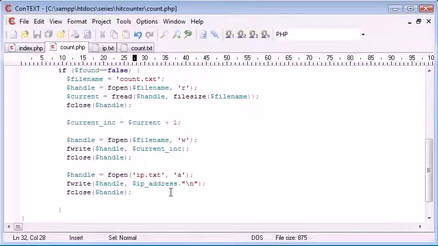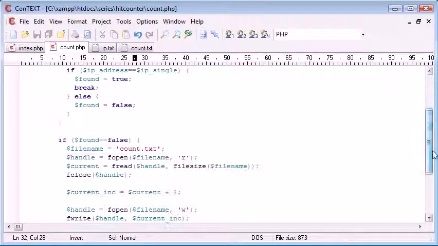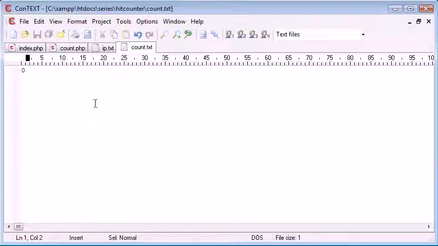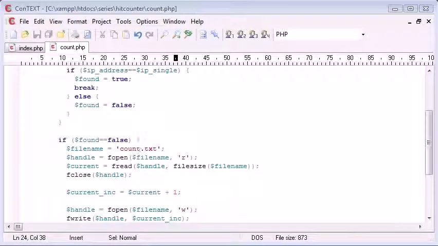So we've got a lot of repetitive code here, but perhaps you could come up with a function if you want to shorten this code up. So now we've written to the file, we're pretty much done, because we've written back to the file the IP address, and now next time when we check, our IP address is already stored, so we won't be carrying out the rest of this block, if that makes sense. So we'll come to count.txt, make sure that's 0, come to IP, make sure there's nothing in there. Now if I was to